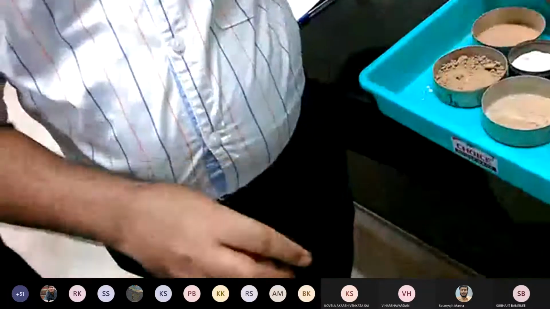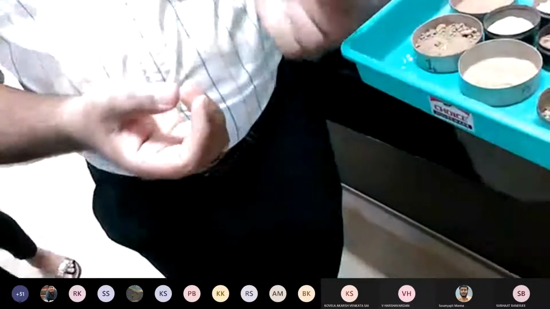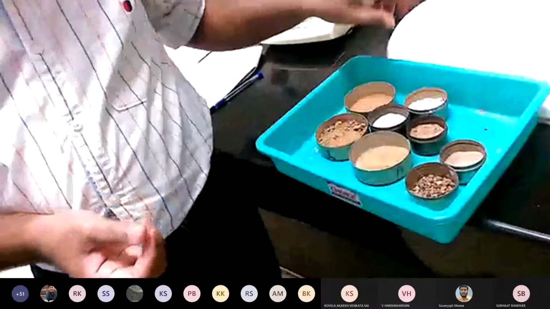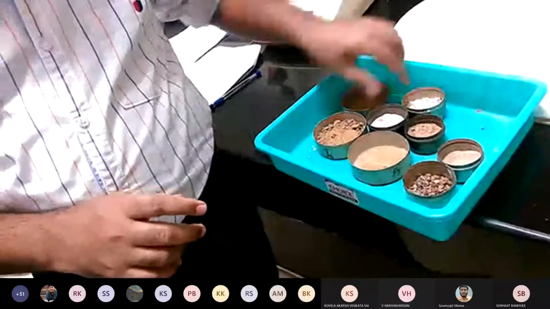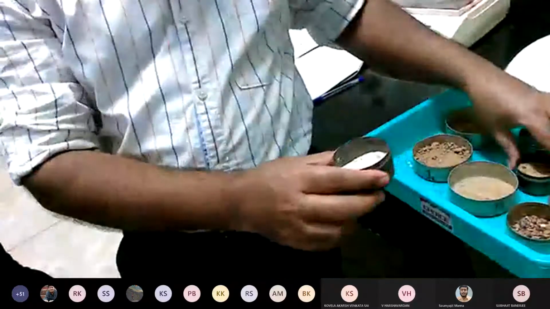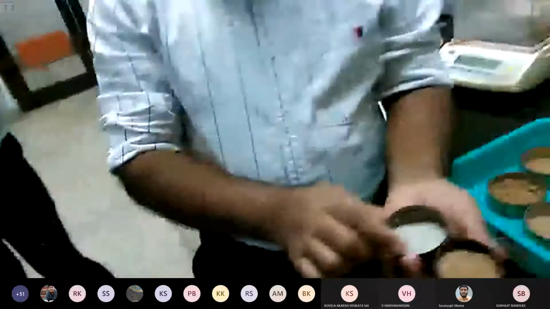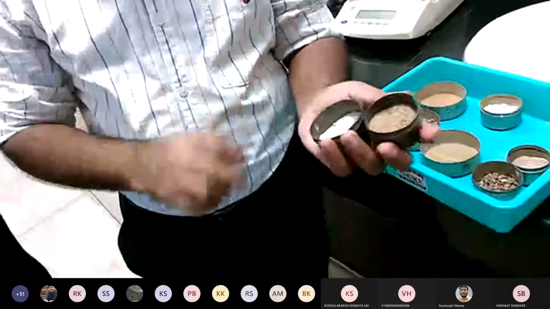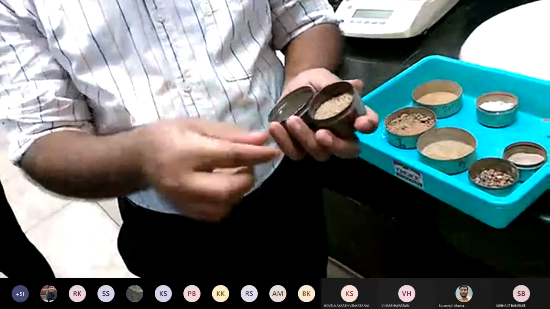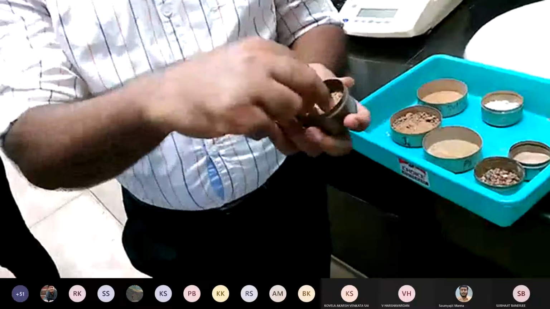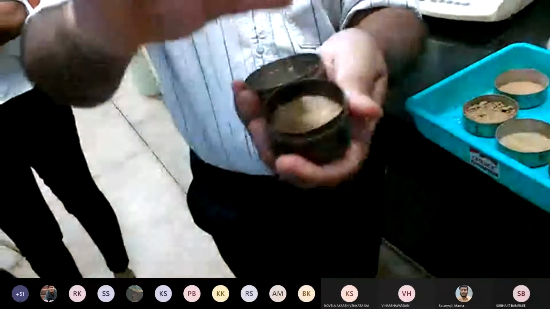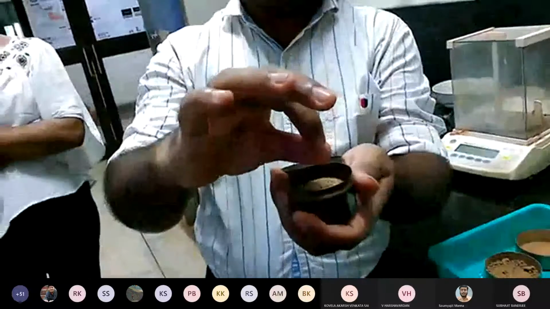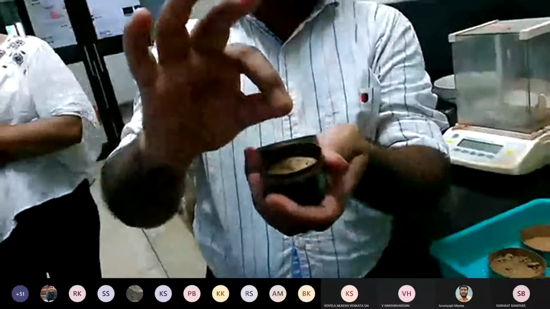Next, feel. For feel, the basic thing is we need to take a sample between your thumb and forefinger. That is the first criteria. Now for demonstration purpose, I am taking again two varieties of the soils. This is white color and this is light yellow color. Now I am taking a small sample between thumb and forefinger. So here this is a coarse fraction. I am feeling some kind of gritty or harsh feel because the particle sizes are bigger.